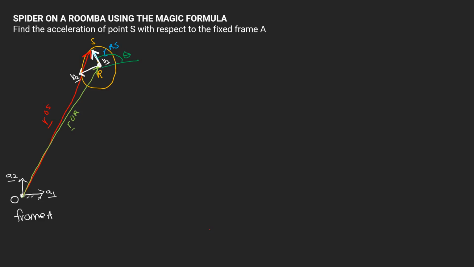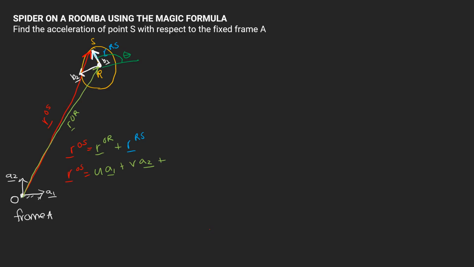Okay, so now let's go ahead and define, again, we want R, O, S, and that's the sum of R, O, R plus R, R, S. And so R, O, R is just some magnitude in the A1 direction, so we'll call that U, and some magnitude in the A2 direction, so we'll call that V,